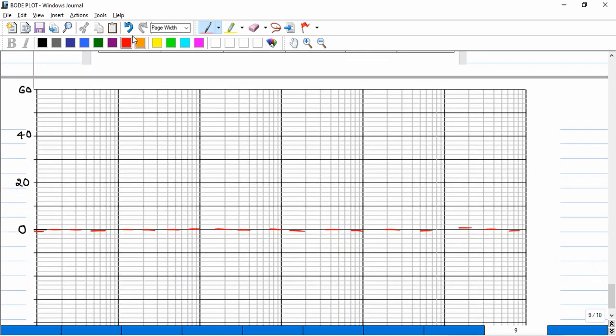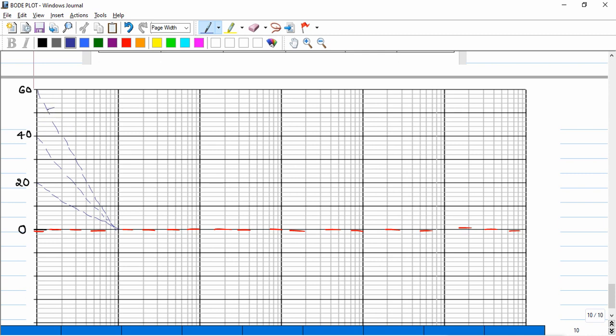Let me write a construction line, from 20 and from 40 and from 60. This particular line is a construction line, and if you draw this construction line, this